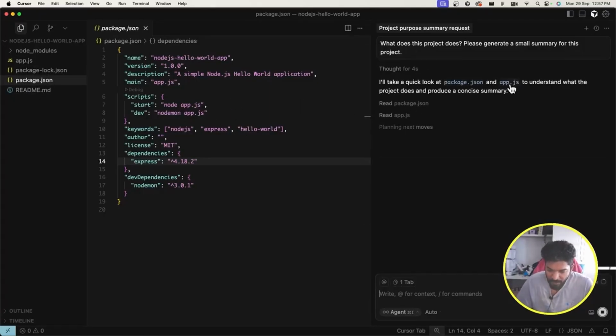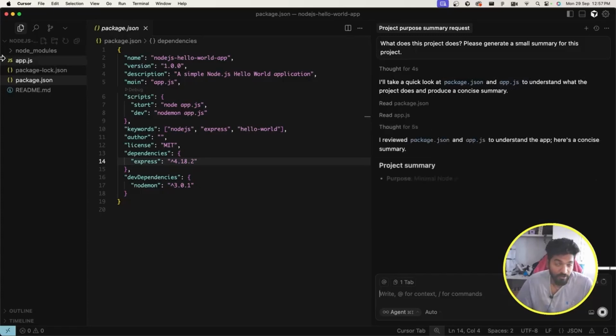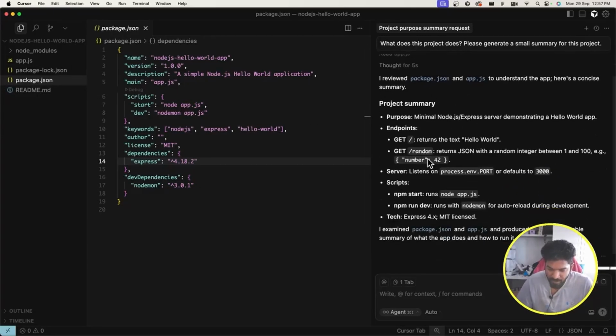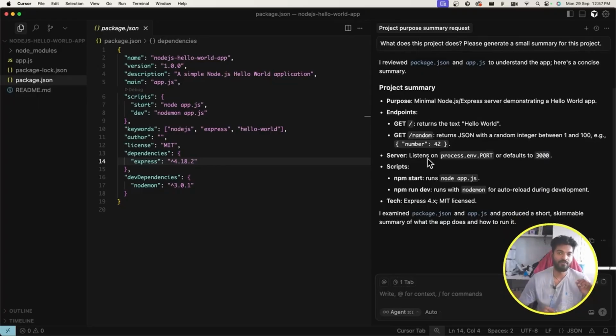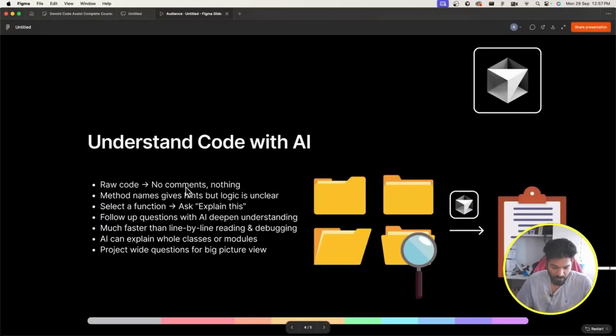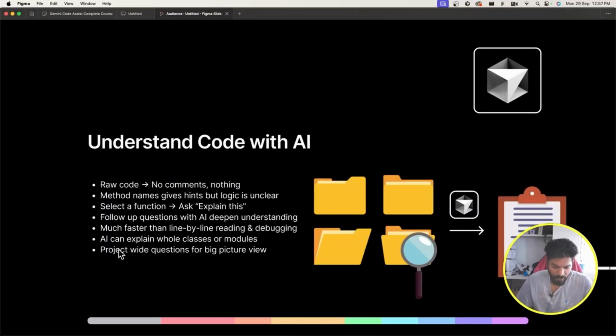It's going through the package.json, app.js file, or basically going through all the files that are there in this directory, and it's trying to give us a project summary. And this summary is really good, right? At the project level, you can ask a lot of things about what this project does, and you can get a very quick summary of what the project is actually doing, right? So this is what it is, and this looks good to me. So this is what we wanted to do in these project-wise questions, and AI can explain whole classes or modules. This is what we did, and as you can see, this is much faster than